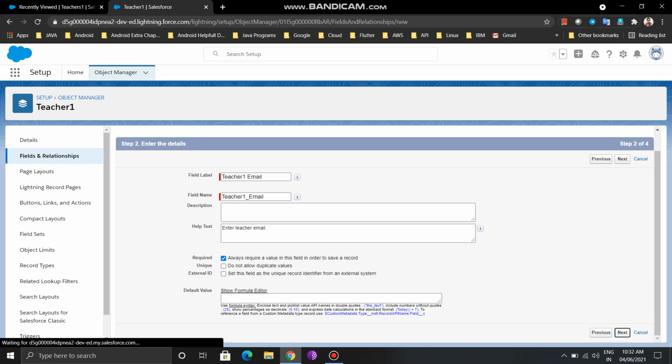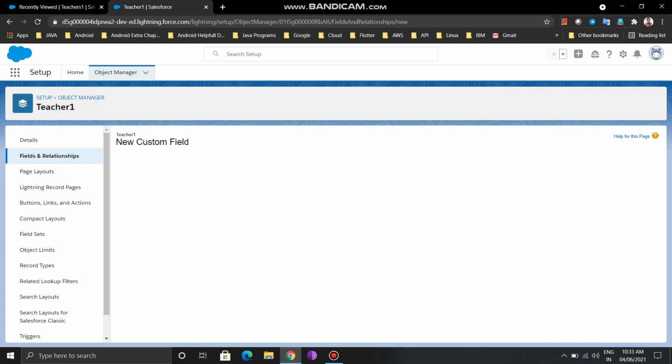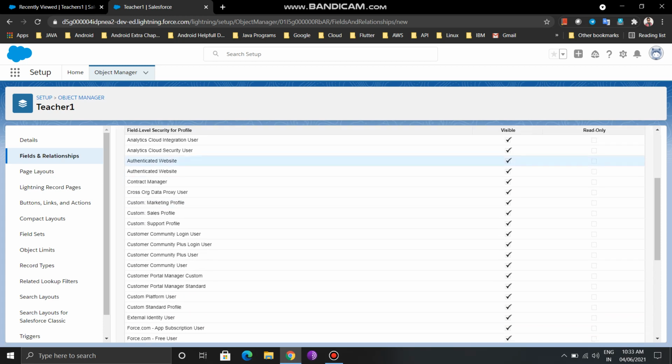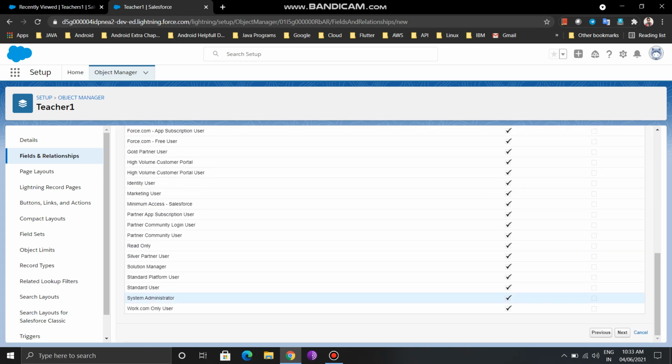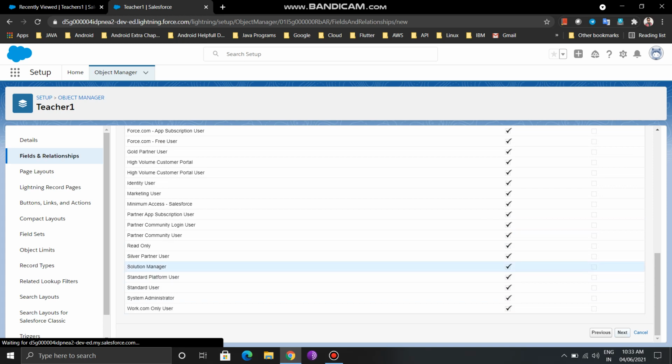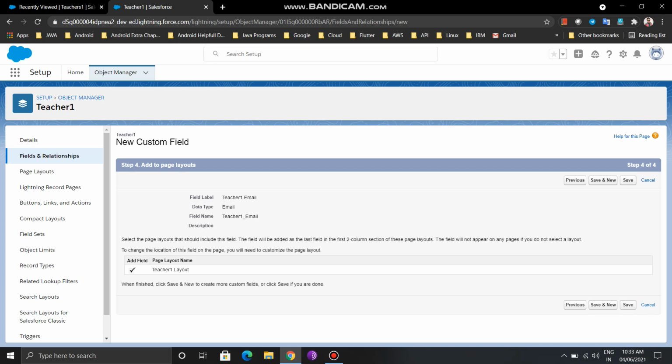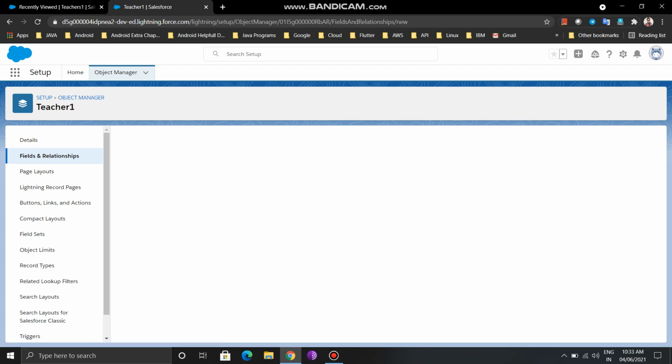After clicking next you will get another interface, field level security. The field is visible by default everywhere. If you want it not to be visible, just uncheck it there, but I'm not going to do anything. I'm just leaving it by default. Just click on next and then click save. After saving, this email field is by default reflected on your application's teachers object.